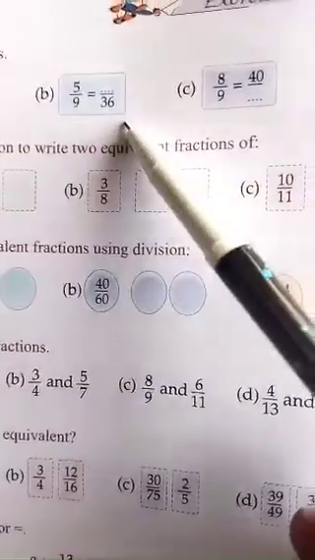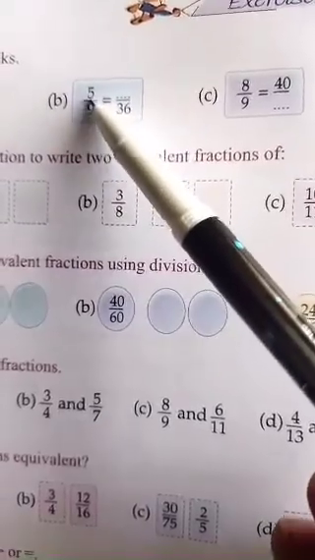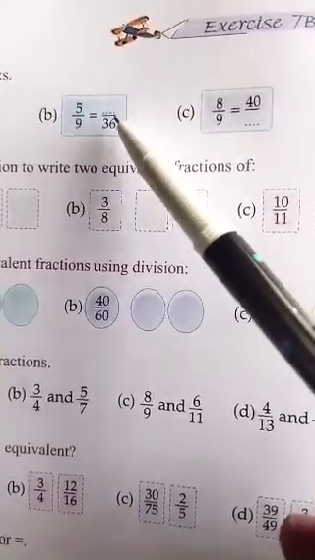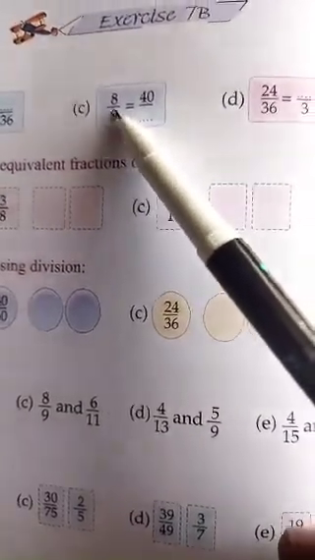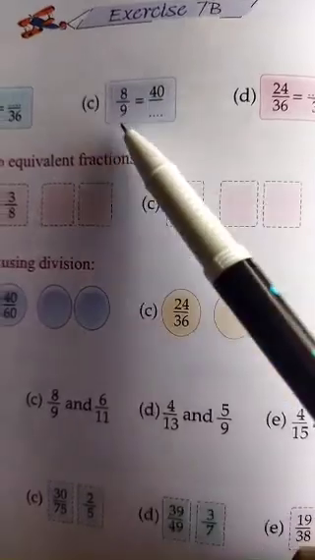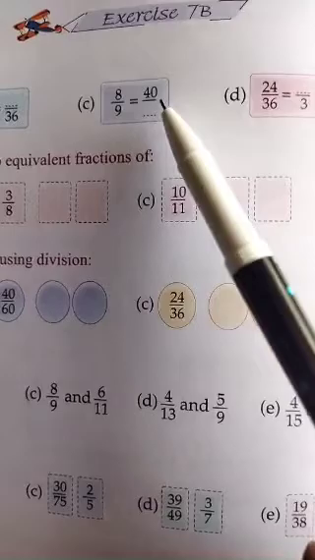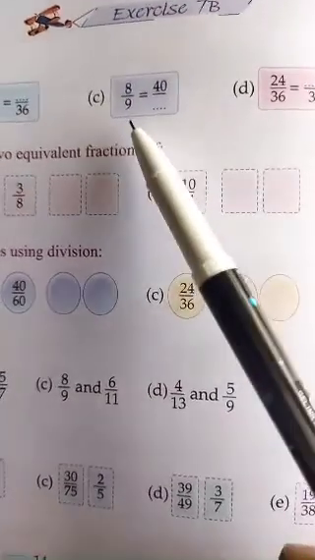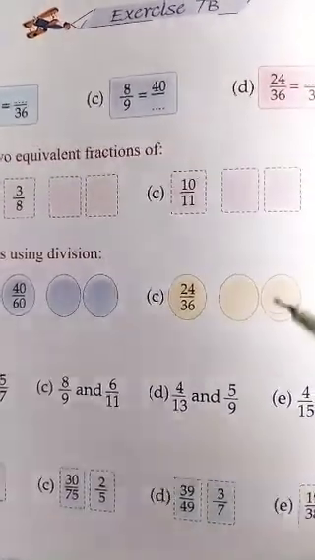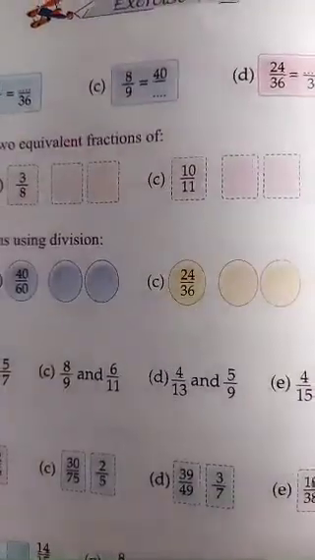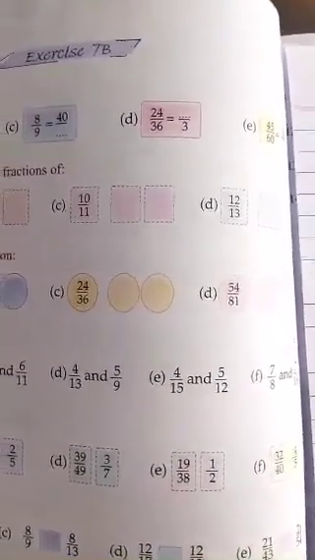Divide the denominator, what you are getting, the answer, that answer will be multiplied by numerator and that you have to fill here. Like this you have to do. See C part. Divide the numerator. Here numerators are given. So that is why we will divide the numerator by numerator only. So in 8 table 40 is coming 5 times. Now 5 will be multiplied by 9. 5 9s are 45. So you will write here 45 as your answer. Hope this is clear to you and the remaining part you can do it by your own.